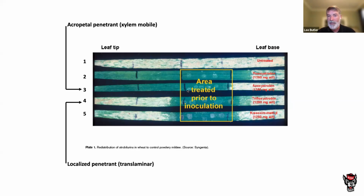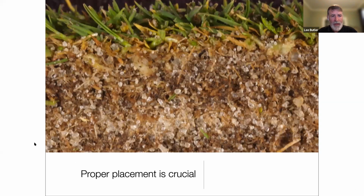So you can actually see the residue where they put the fungicide on the leaf blade. It soaked into the leaf blade, and then that wheat plant moved it all the way out to the leaf tip. So you got phenomenal control of powdery mildew out to the leaf tip, but none of it went down back to the roots, right? And then number 4 is that localized penetrant. That's the one that just kind of soaks in, but it doesn't move up or down. The reason that's